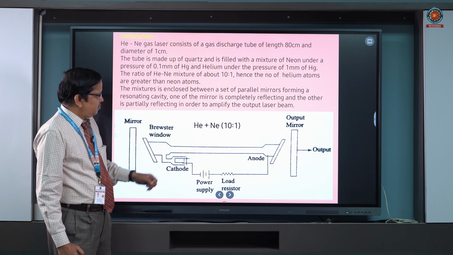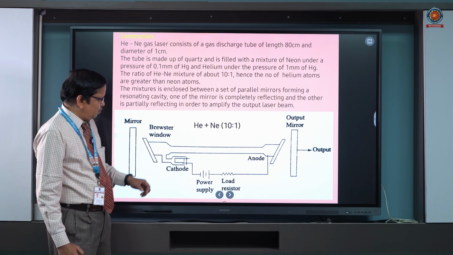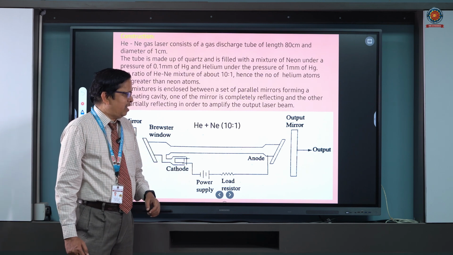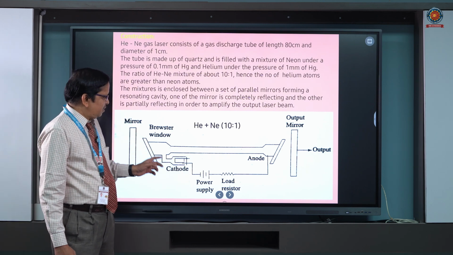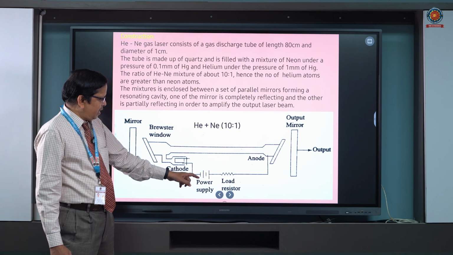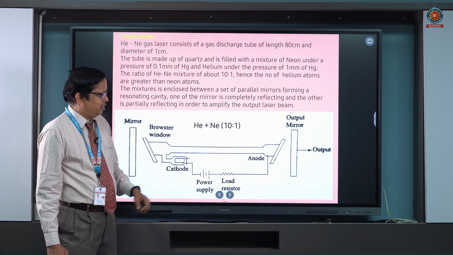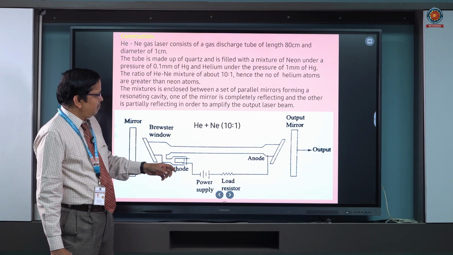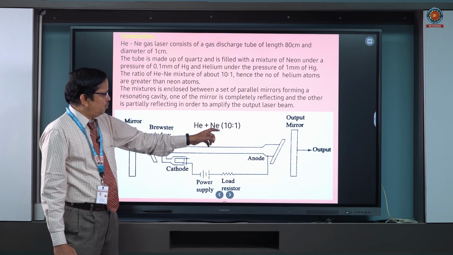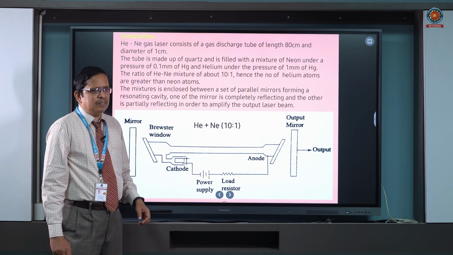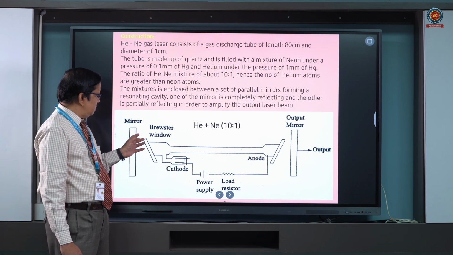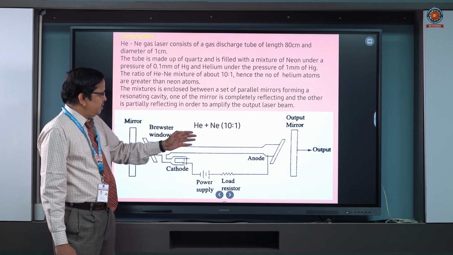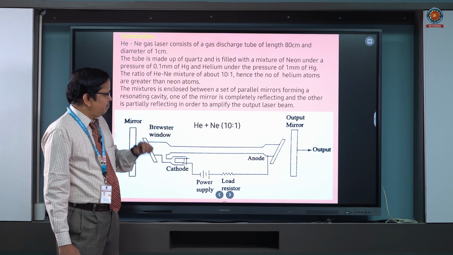And this discharge tube is fitted with 2 electrodes. One electrode is called the cathode and the other electrode is called the anode. And this cathode and anode are connected to a high tension power supply as shown here. And this discharge tube is filled with helium and neon gases in the ratio of 10:1. And of course, we maintain a low pressure, and here 10 parts are helium and only 1 part